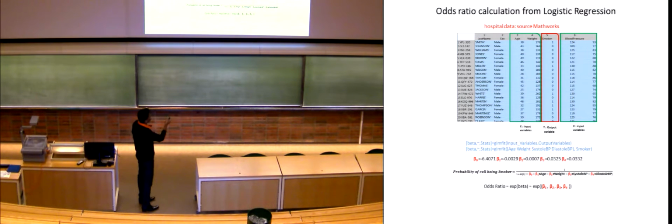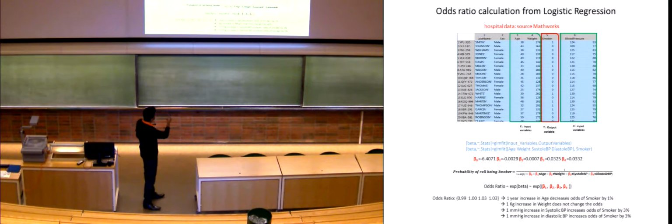Once I have got these values from the GLM fit, the probability of being a smoker is just an equation, right? The odds ratio can be computed as the exponential of the beta. That is very straightforward. You don't have to compute the contingency table and all these things. This is the really beautiful advantage of using logistic regression. You just compute the exponential of the beta value that you get from this model, and whatever the model gives you,